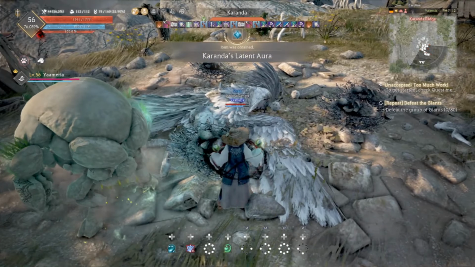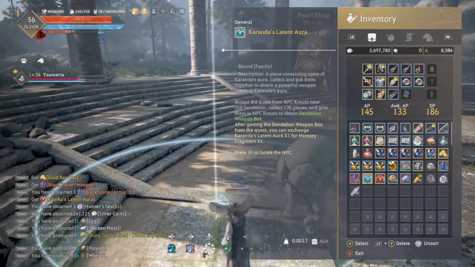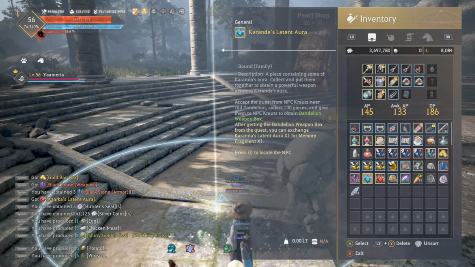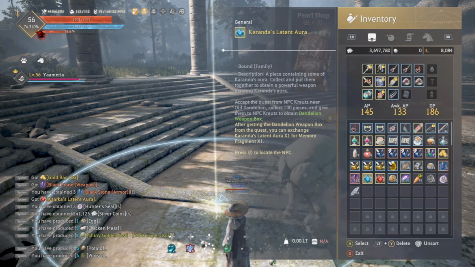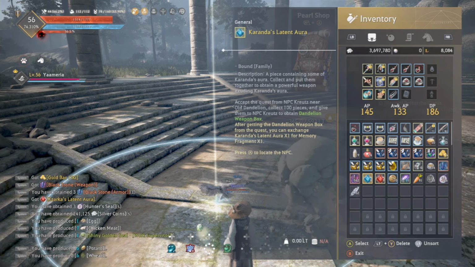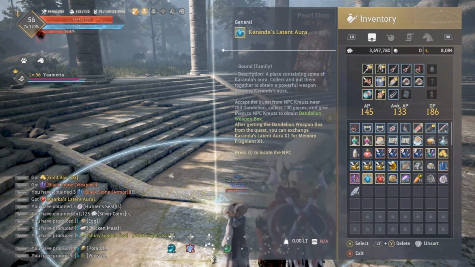The other way to get your Dandelion is to collect the Latent Auras that drop when you do not get a Dandelion. You're guaranteed to get a Dandelion this way, there's no question about it, you will get this. Your aim is to collect 100 Latent Auras. Each time you kill Kuranda you get between 1 to 2 Latent Auras. This means that 10 Kuranda kills gets you 15, so you need to kill 67 on average to get 100